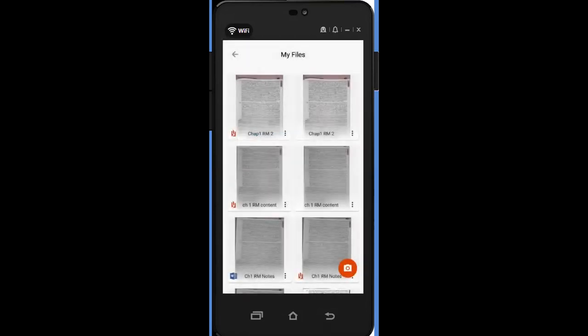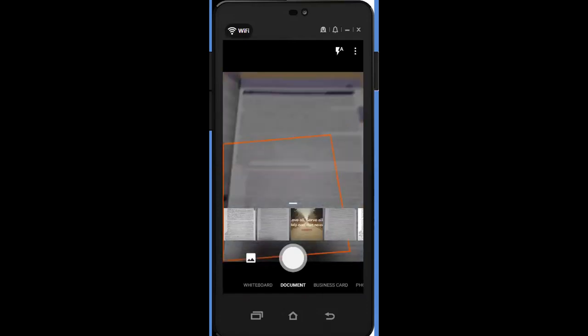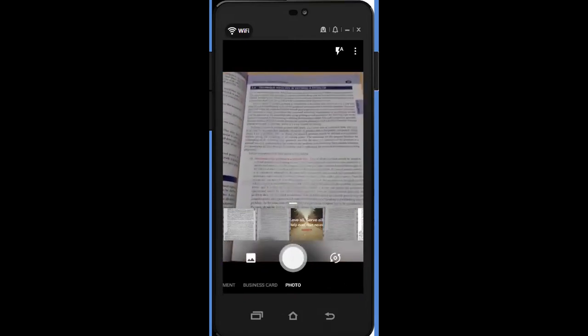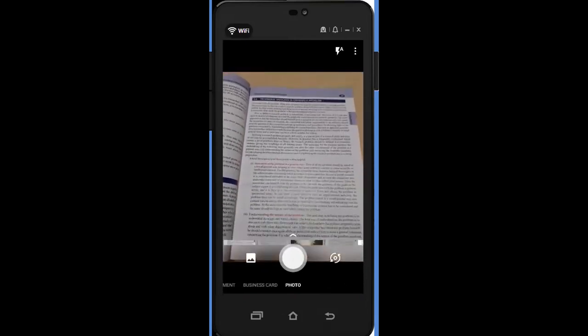Okay, let me go to the next one. Let me open one more. Now let me put it as photo, because I want to show. Let us assume that it's a photograph. Now you can focus it manually. You can see this green one. I'm putting it manually, or you can do the other one, automatic focusing. Anything you will do. Let me take a pic of that.